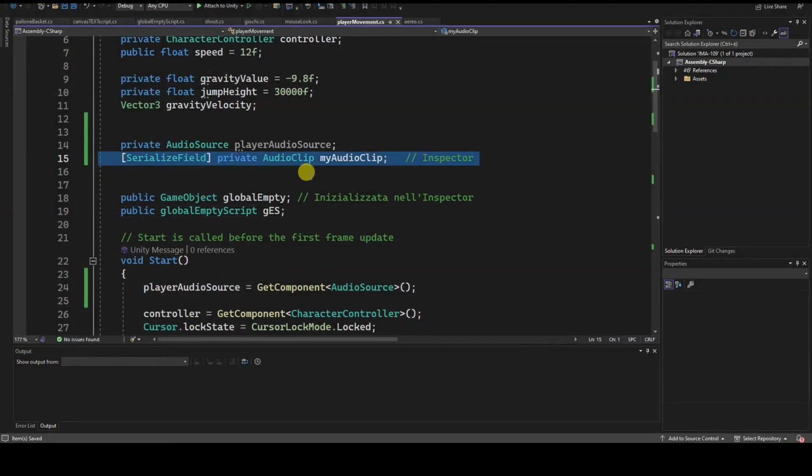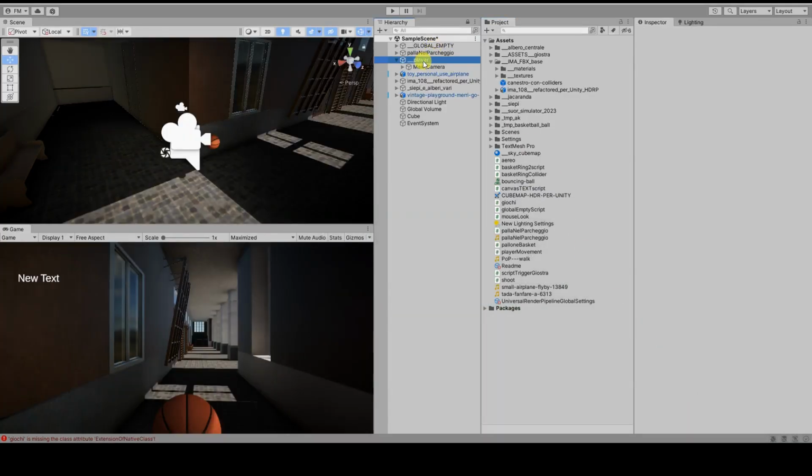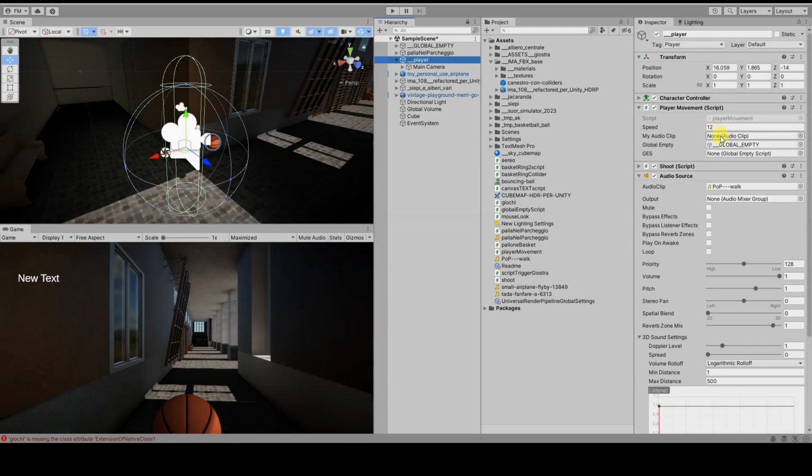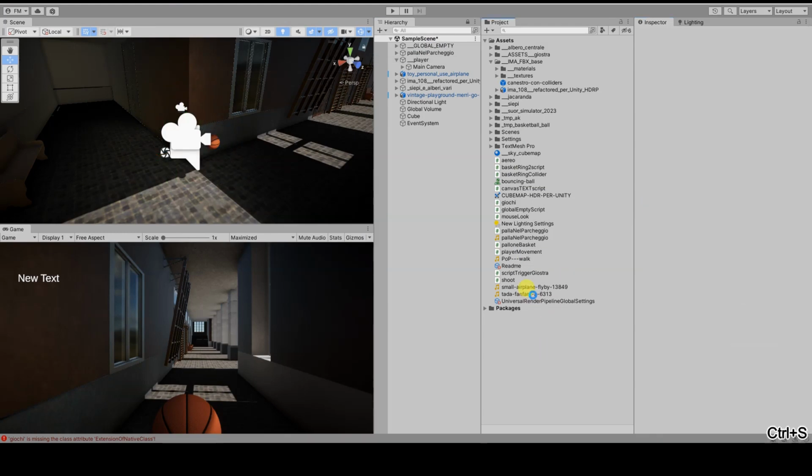SerializeField, private AudioClip myAudioClip. After saving the script, I return to the Unity editor and proceed to drag the Prince of Persia walk asset into the myAudioClip field of the script as previously described.